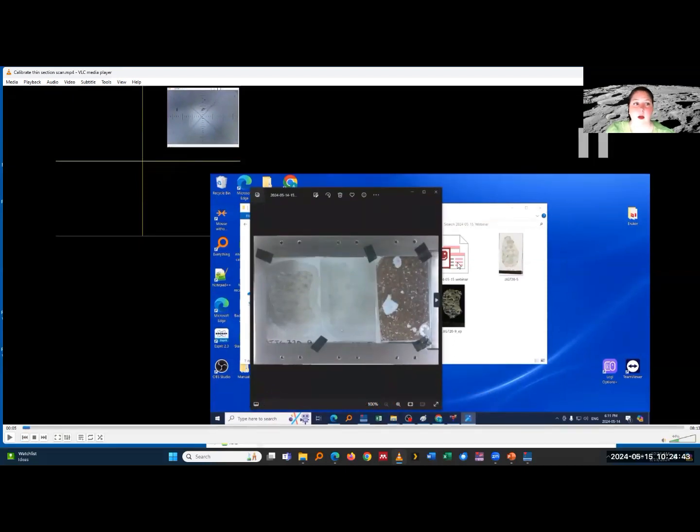Okay, so what you see here is I try to do a picture-in-picture kind of thing. In the upper left, you will see the SEM center image, so the backscatter secondary image. Here is the OM monitor from my JEOL computer side, and here is my PFE side. And so I have my calibrated image from my camera, and now I want to calibrate my thin section